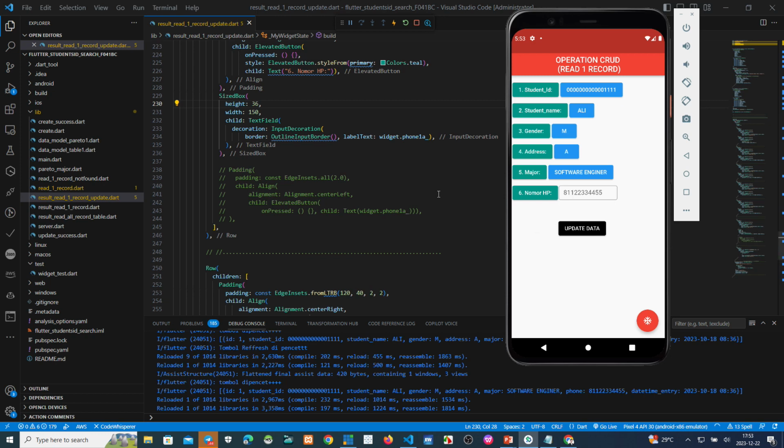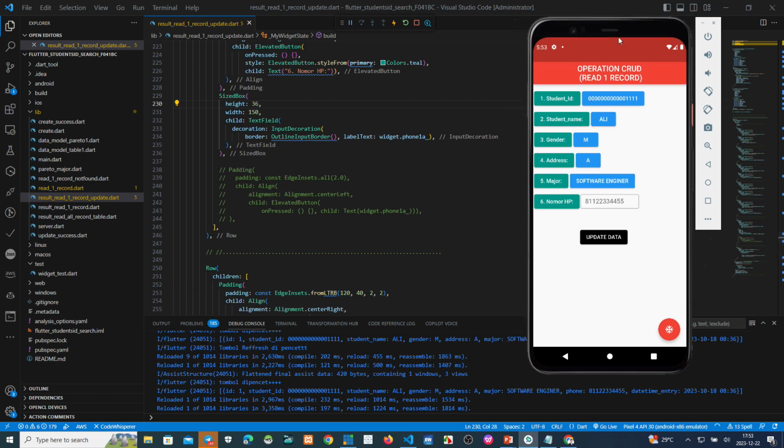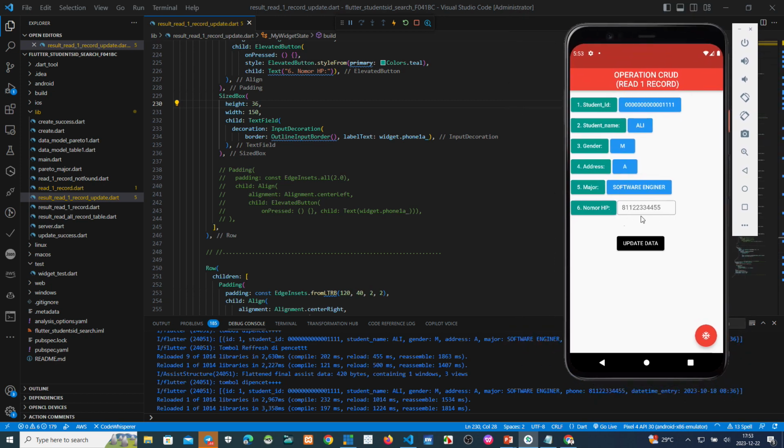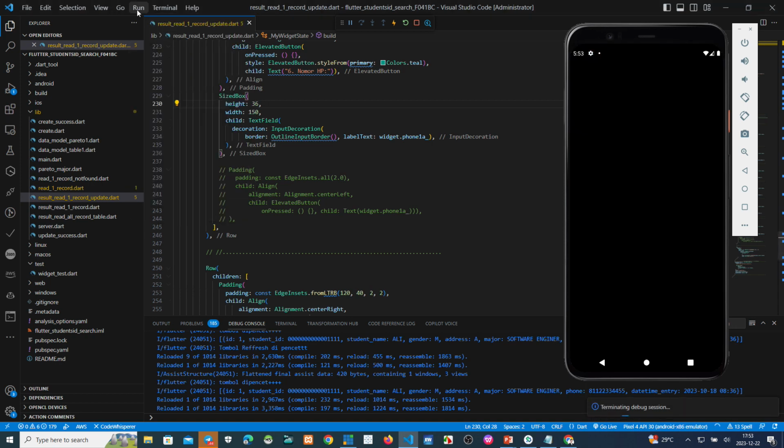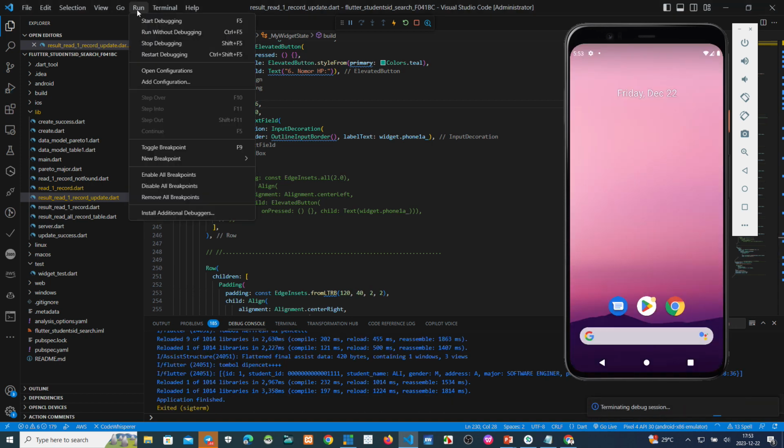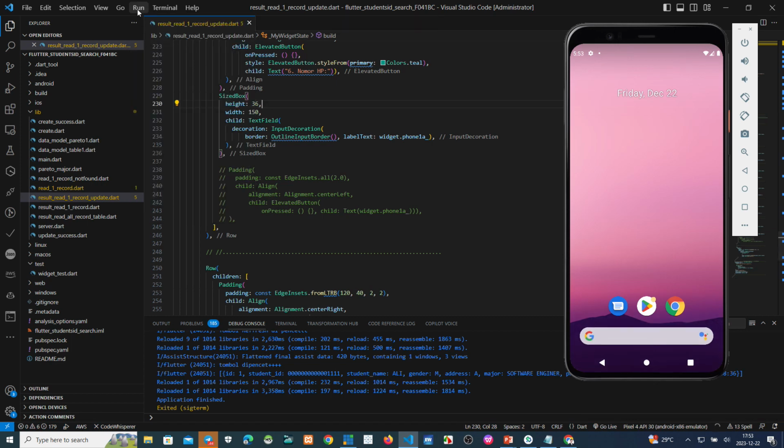Okay, now how to make this one? The function is word. So firstly we make a controller here. Okay, we must stop here and then we write the script.